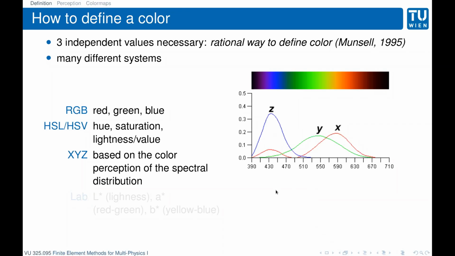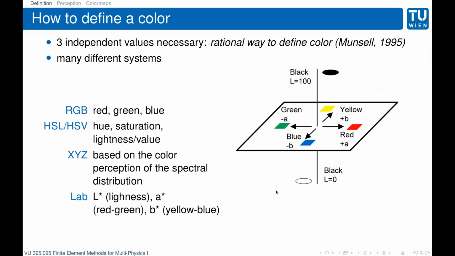And a last method is the so-called Lab color space, which defines a lightness value, an A value, and a B value, where the A value maps between red and green, and the B value maps between yellow and blue, and thereby defines the color. So these are the most common color spaces that are used